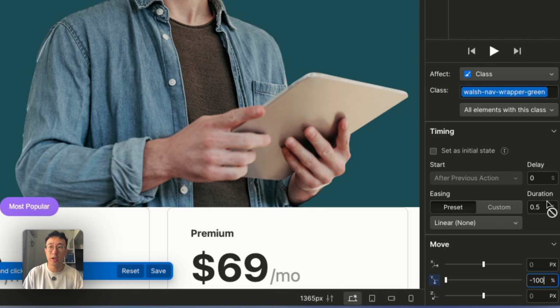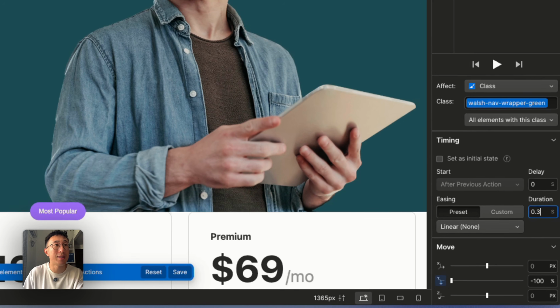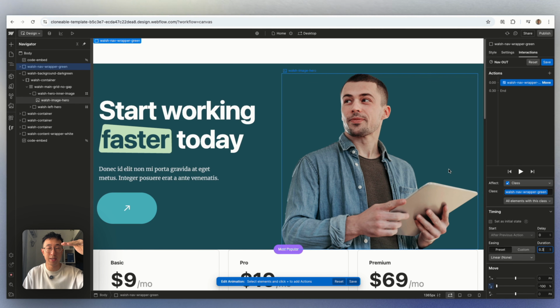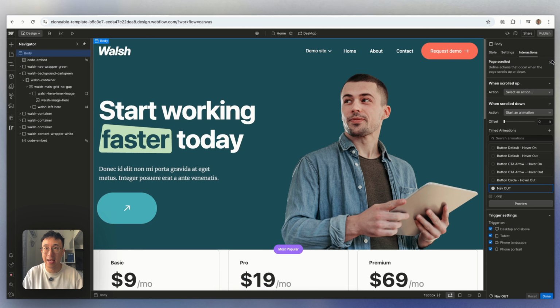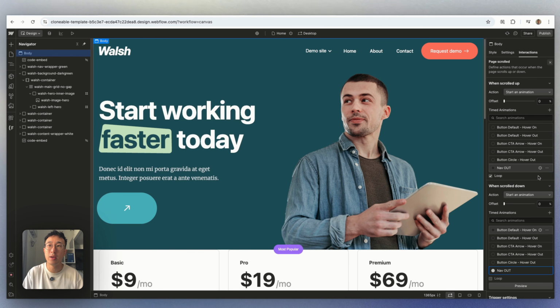And once that's done, we can also change the duration. So perhaps you want to put it to 0.3, and we can also change the easing. But essentially, when this is scrolled down, it's going to move from 0% to negative 100%. So we can't see it anymore, as you can see right here. We'll hit save. Now we can go ahead and create a scrolled up, hit start animation, and we can just